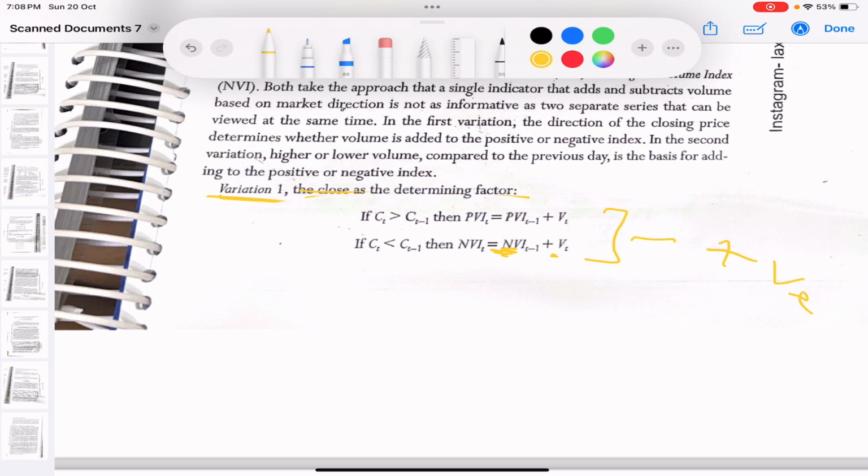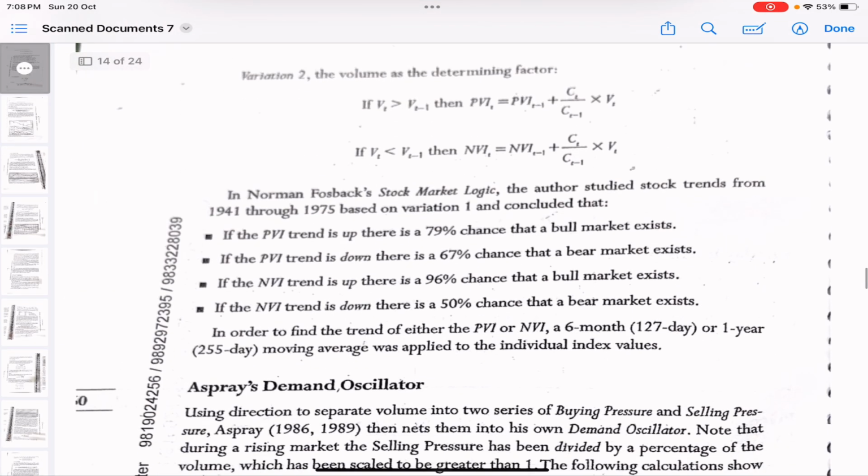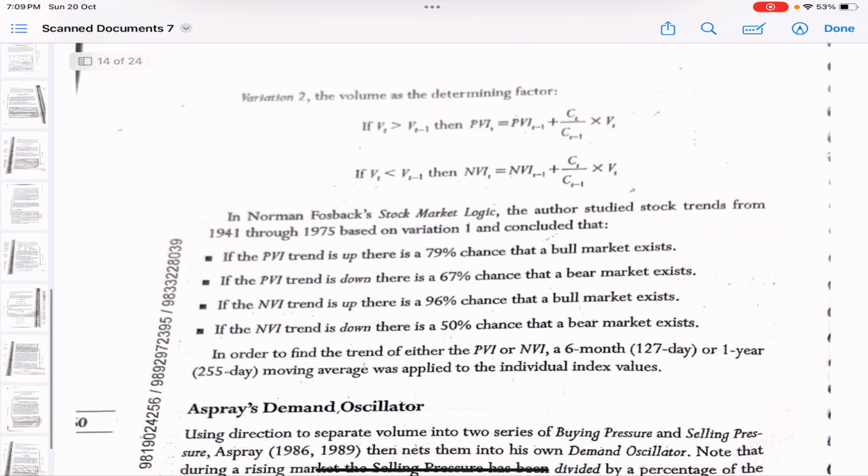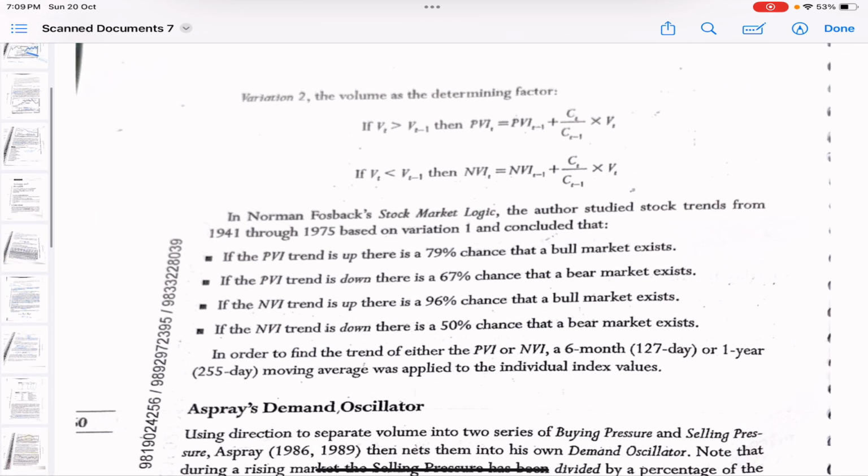Hope you understood what I'm saying. Here you are anyway calculating negative, that's why you're not subtracting it. In OBV and everything we were subtracting, because we weren't taking only the negative into account, we were taking both the positive as well as negative into account. That is the first way of determining. And the second way of determining is,